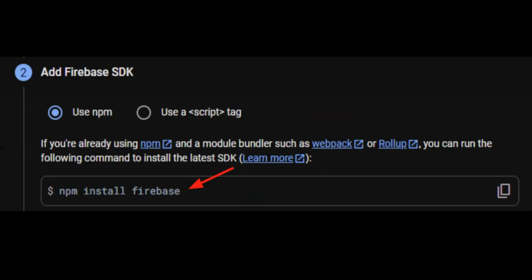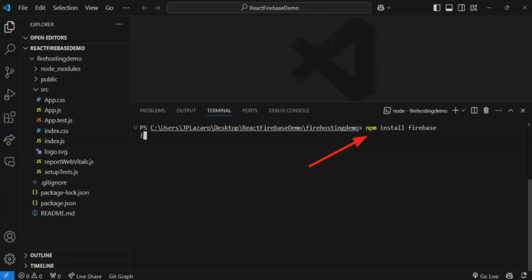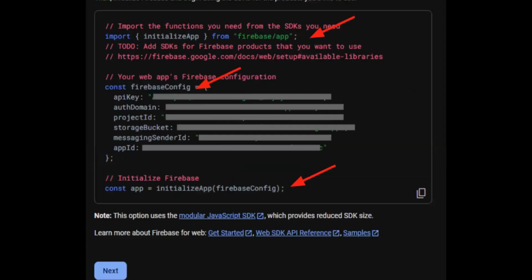All right. So next thing that we're going to do is to install the SDK in our local machine using npm. Okay, so going back here to our React.js project, let's just install Firebase. So npm install Firebase. Okay. So once installed, let's just go back to the Firebase console and continue the setup